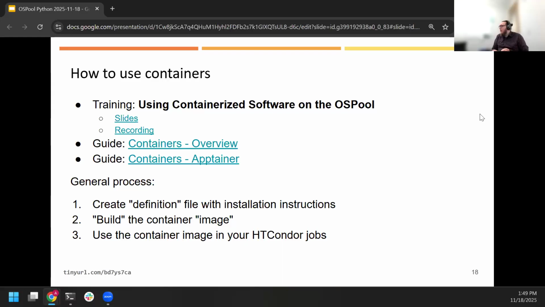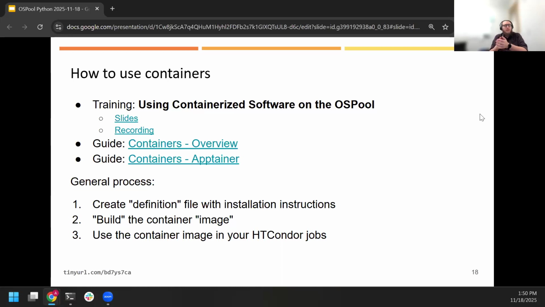The general process for using a container, the first step is to figure out what are the installation instructions you need for setting up your environment. And you put those into what we call a definition file. So you're defining what you want the software environment to be that the container is deploying, and that goes into a file. And then there's a process of converting those instructions into the actual container image. So we call this building the container. You take those installation instructions and you run a particular command. It's going to then install all of those things you asked it to inside of this portable environment,